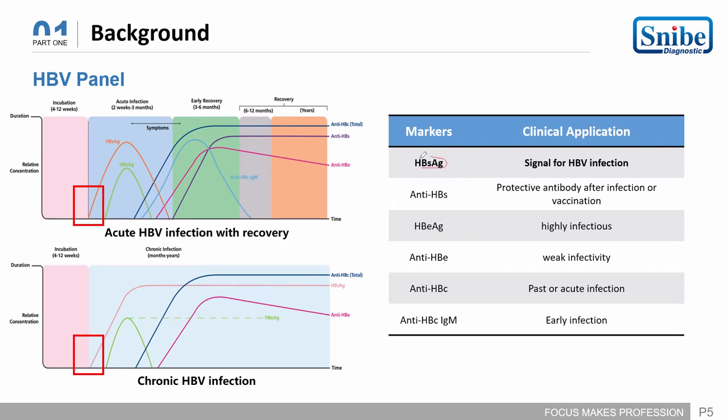Even those assays which can detect in the window period of hepatitis B infection, which are confirmed by PCR, is an HBsAg marker. The second marker is the anti-HBs, another name of which is hepatitis B surface antibodies. These hepatitis B surface antibodies are protective antibodies that appear after vaccination or infection. If the anti-HBs is present and the HBsAg is negative, it means that